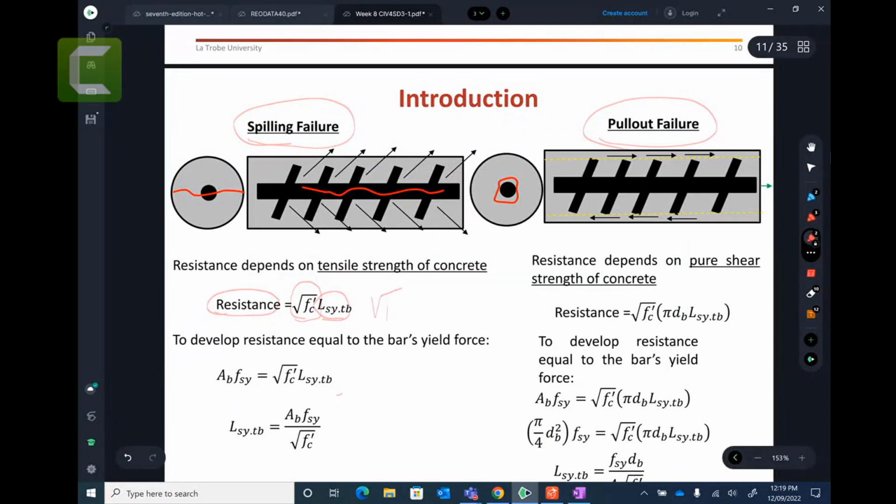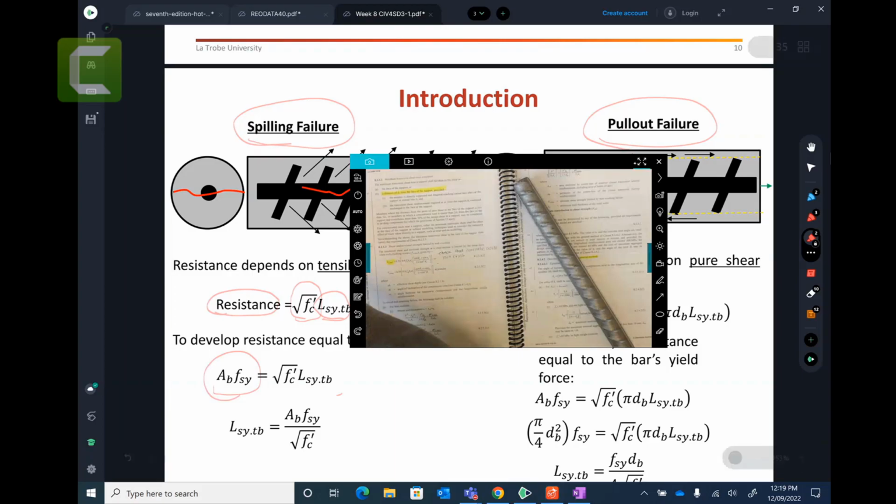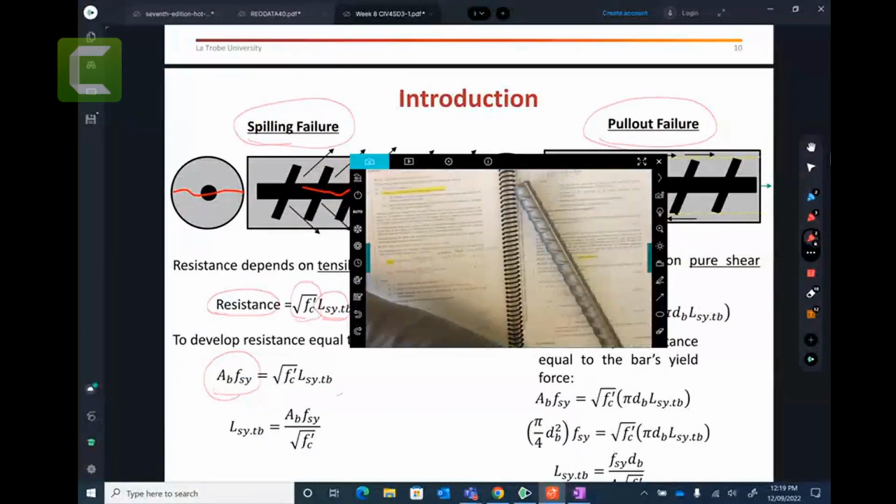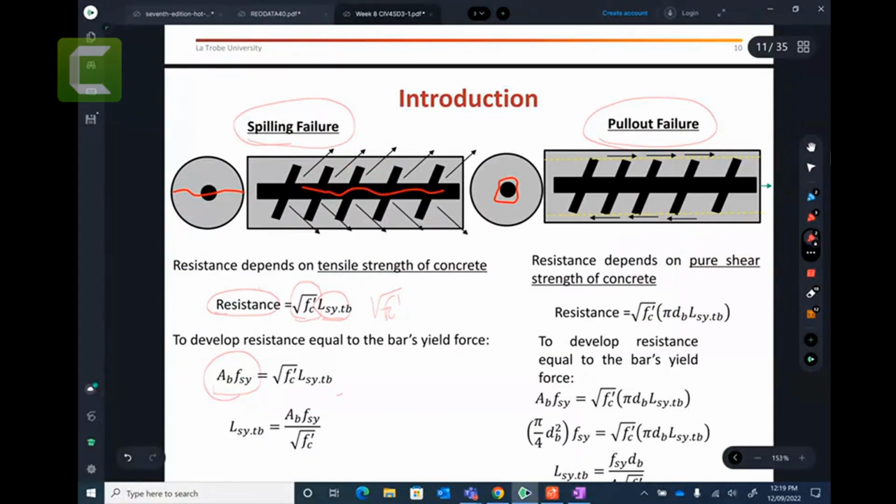So therefore it is f'c. And development length I already explained to you. So this resistance is area times fsy. What is that area? It is the area of this rebar times the yield strength. So development length: how much length you need to provide to make sure that you will have yielding of that